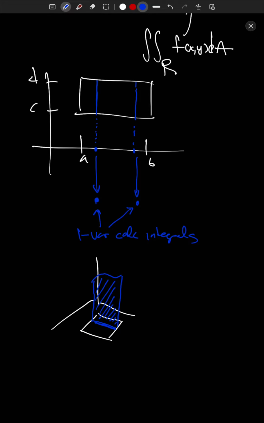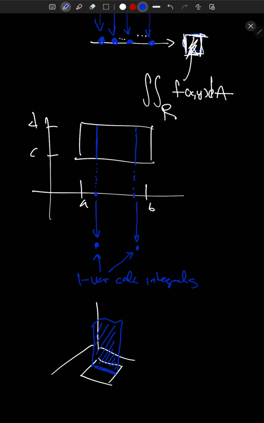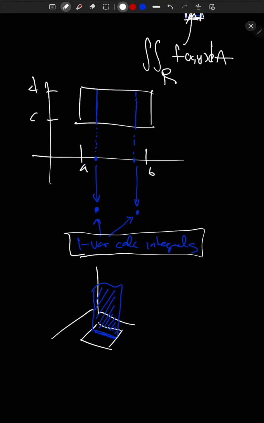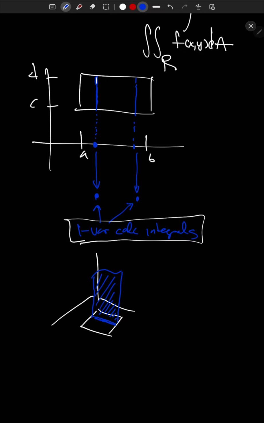You can think of it as if I add up the areas of all the strips, then I'm going to get the total volume. All right, but why do I want to mention that? Well, these one variable calculus integrals are known. We know how to do them. And the important thing is that along this strip, because x is constant, we're just doing a one variable integral where we're thinking of x as a constant. And for the second strip, we're doing a one variable calculus integral where we're thinking of the x value as a different constant,